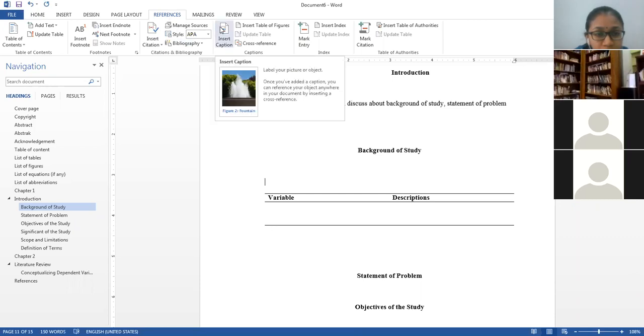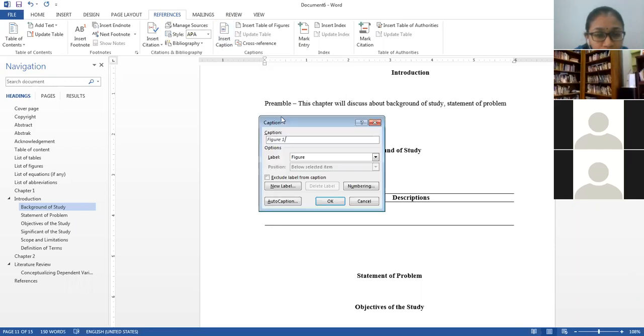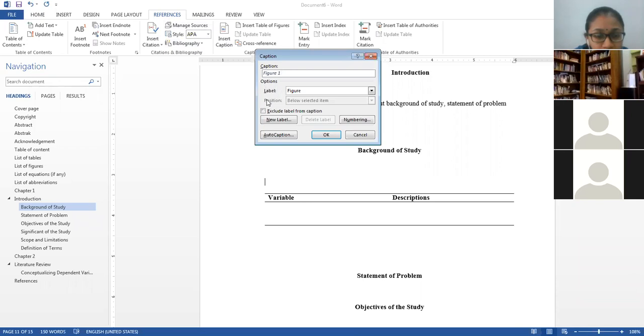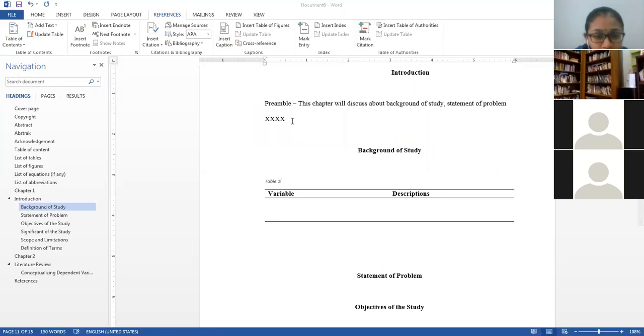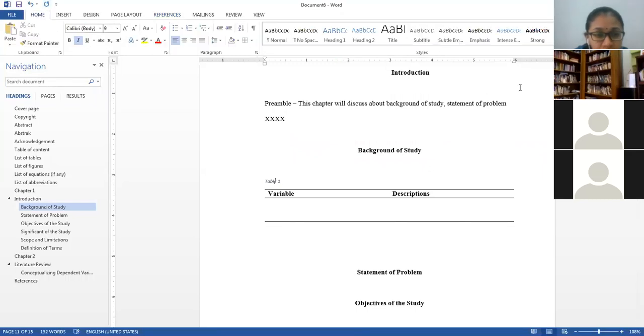You can see that in the caption, you change the label from Figure to Table, and then click OK. But we need to do some formatting so that it follows our format.